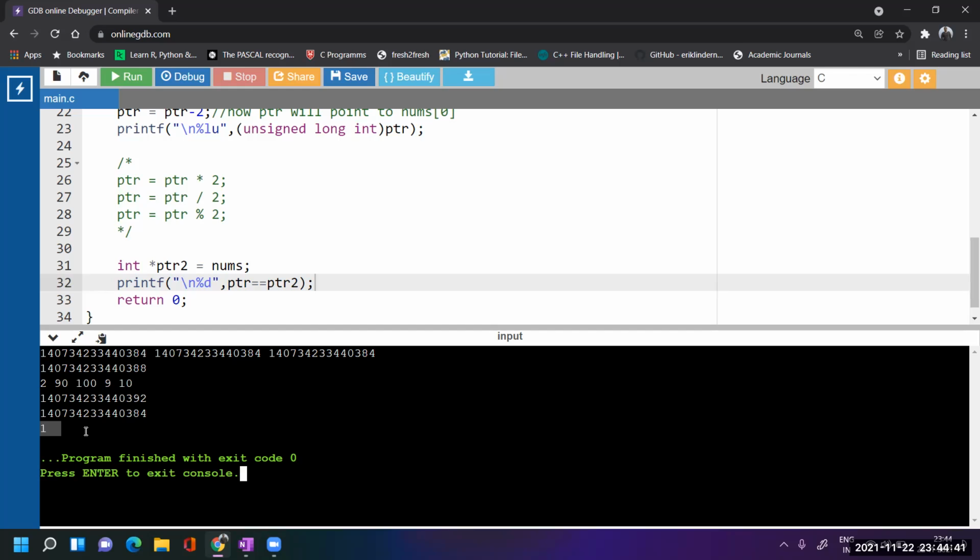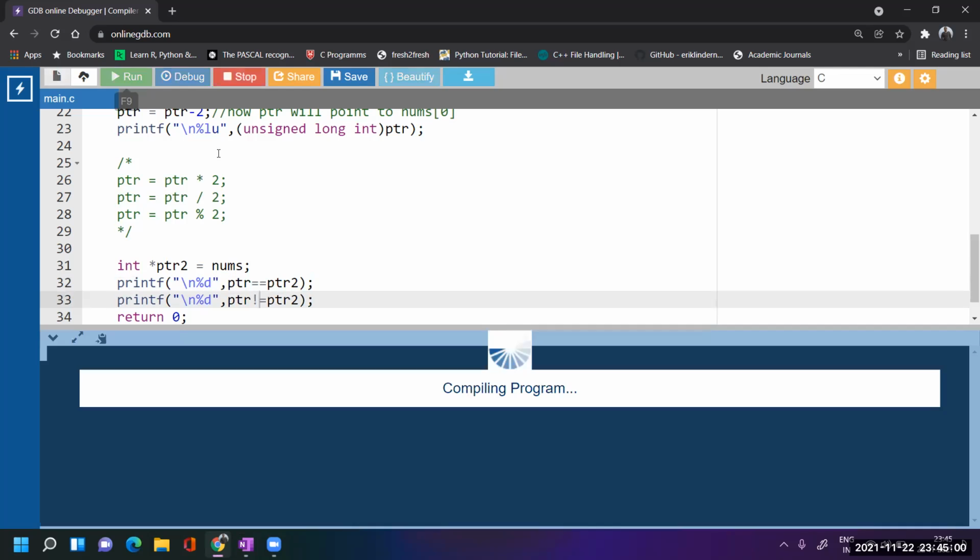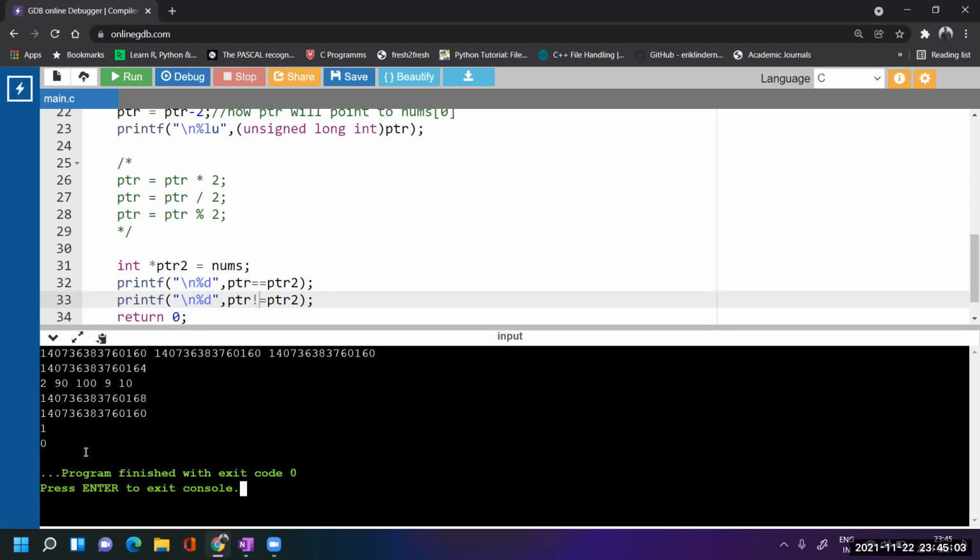In C, sorry, we are working in C, 1 means true, correct? So now if we do the other thing, not equal to, it will be false. Okay, here it is false.